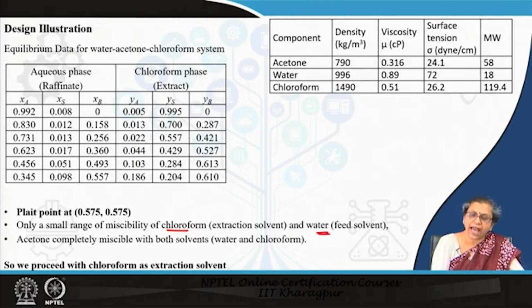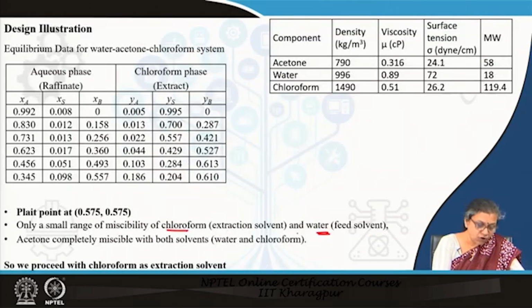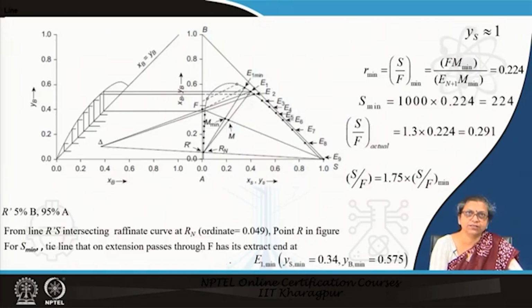So, therefore, we can assume the solvent point to start from here. And also we found that acetone is completely miscible with both the phases. So, we had proceeded with chloroform as the extraction solvent, and more or less just the way the process that